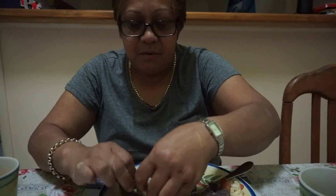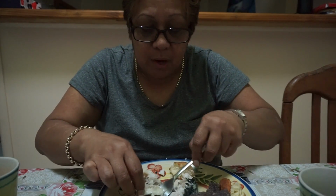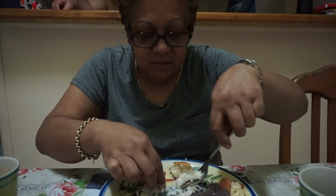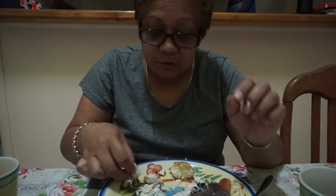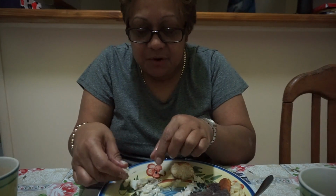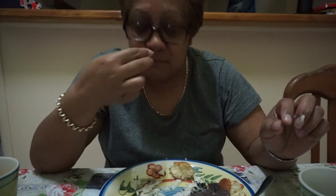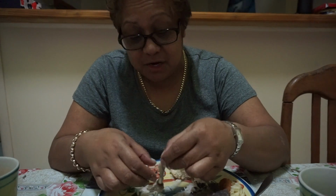Or you can go on this ride over the water. I forgot what it's called. And then they take you to an island, and then they'll show you how to climb a coconut tree. And then they'll even ask you if you want to climb the coconut tree, and you can give it a